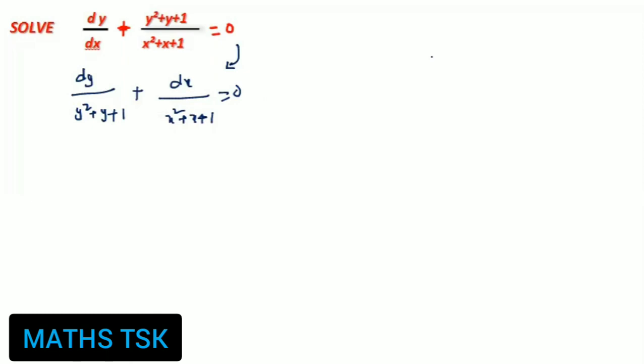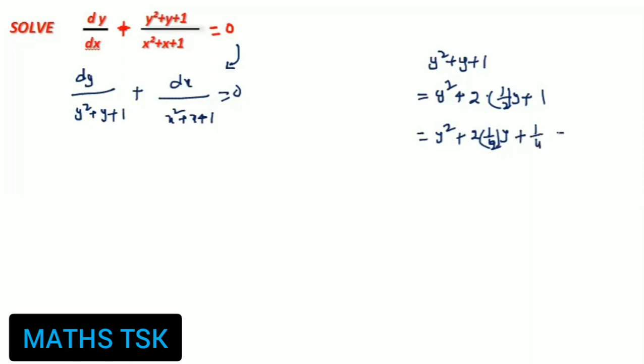So come to a simple work here. Write this as a perfect square. Consider any one of them; both look alike. It can be written as y square plus 2 into 1 by 2 into y plus 1 by 4, and then minus 1 by 4. Up to this, you can write it as y plus 1 by 2 whole square, perfect square. And this can be written as 1 minus 1 by 4. 1 minus quarter becomes 3 by 4. This can be written as root 3 by 2 whole square.